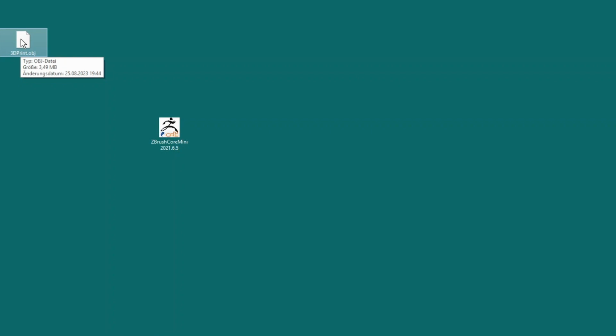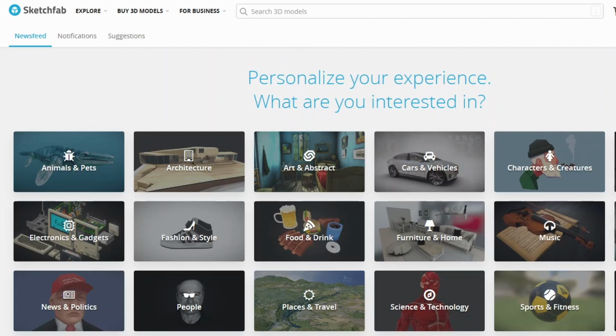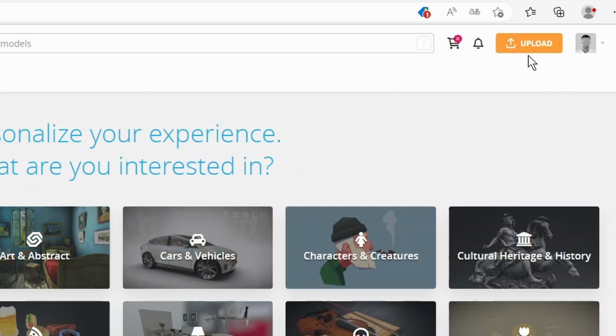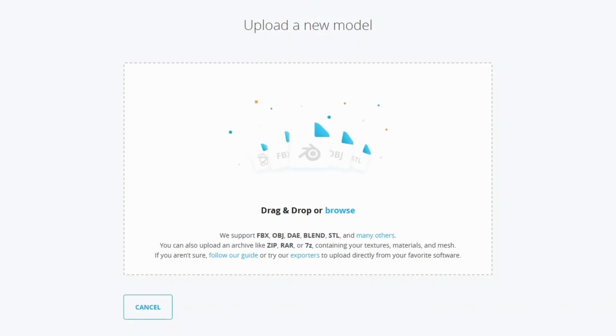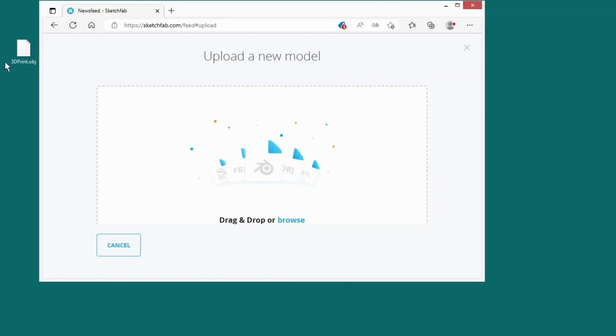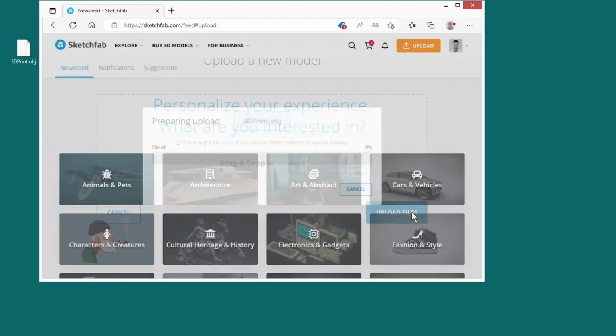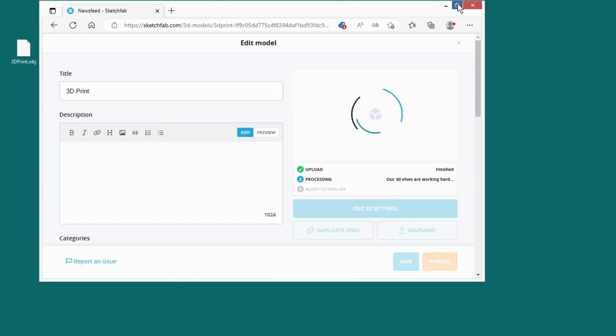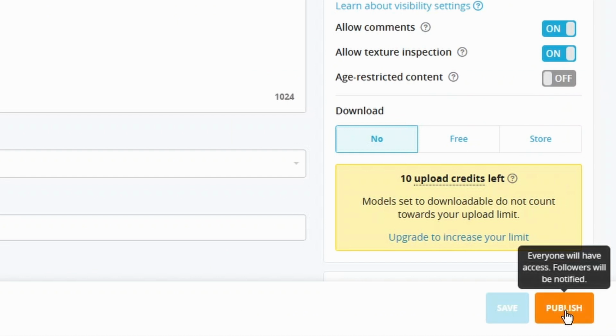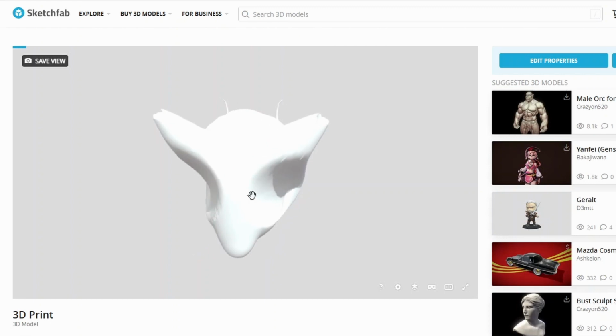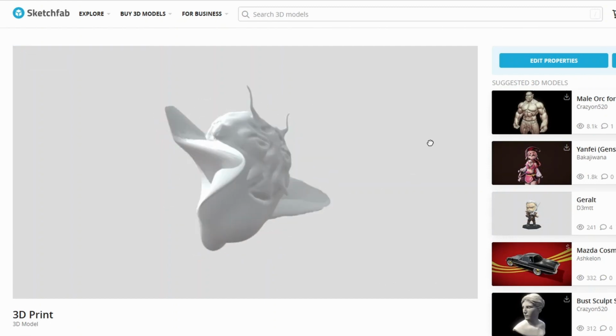But right now, I wanted to show you how to upload to the internet so you can share with your friends. It is also totally free, and it's called Sketchfab. In Sketchfab, open yourself an account, push the upload button. You can easily drag and drop to the area and confirm to upload. You can save for future or just publish it. This is how you share your 3D model with your friends.